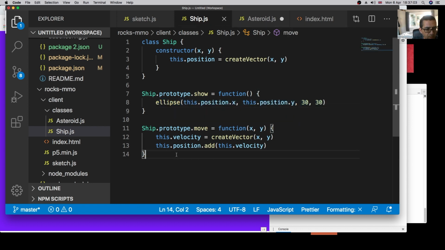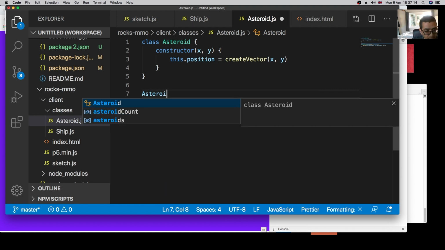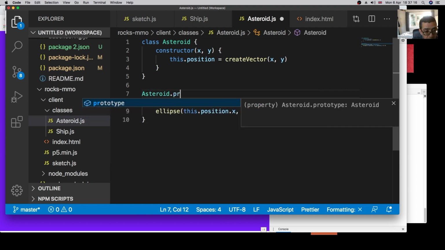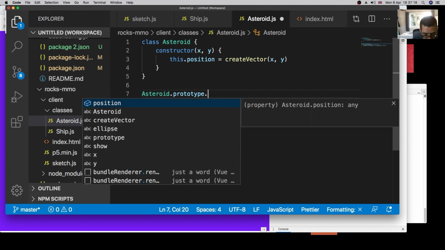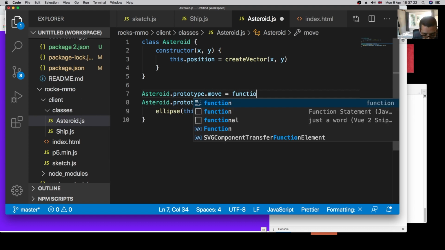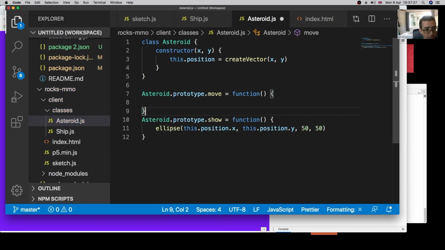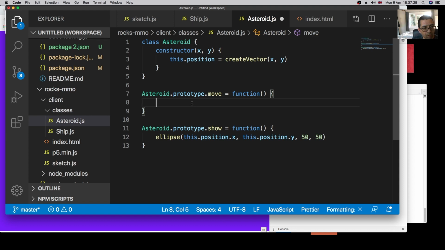Yeah. But it's a little different with asteroids because we're not moving it. So, okay. Let's see if we can do this. Asteroid dot prototype dot move equals function. Okay. So,